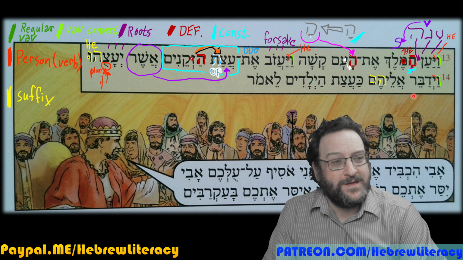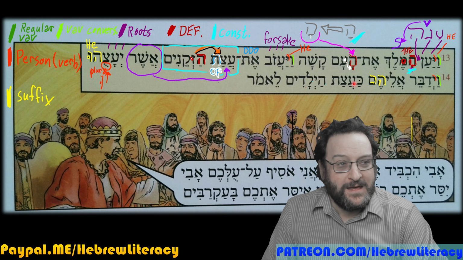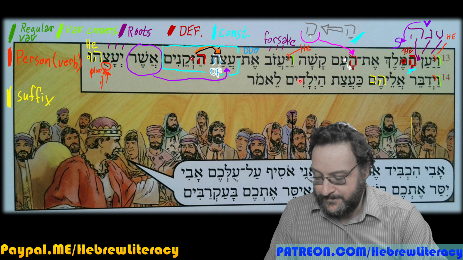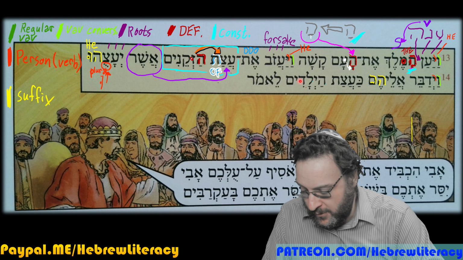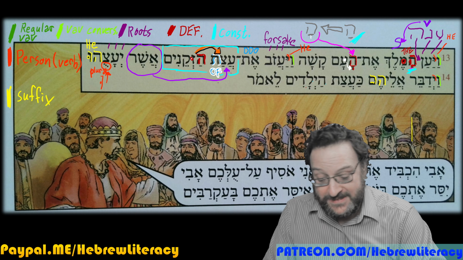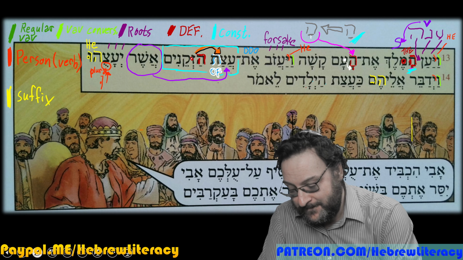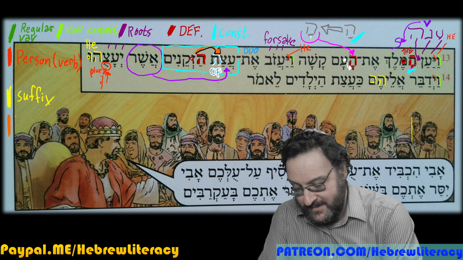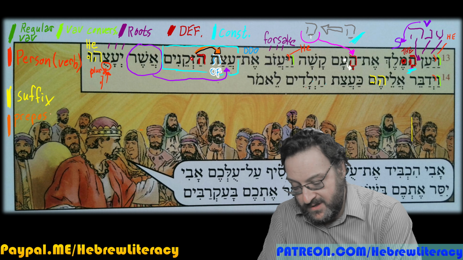Vaydaber, and he spoke. Ale, well, this is El, unto them. Ka'atzat haladim lemor. Oh yeah, what do we use for the inseparable prepositions? I think I've been using orange for that, right? Oh, amber. All right, so let's add that. Hope those colors are distinct enough. I'll just say prepositions.